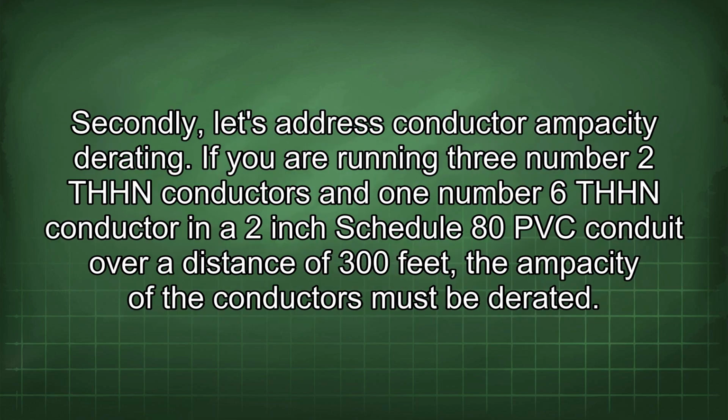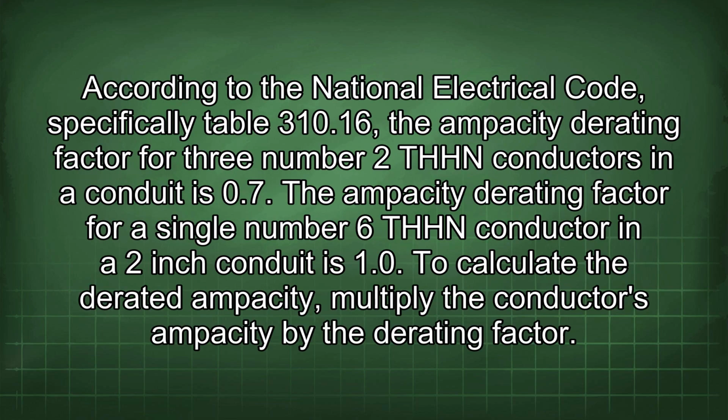Secondly, let's address conductor ampacity derating. If you are running 3 number 2 THHN conductors and 1 number 6 THHN conductor in a 2-inch schedule ATPVC conduit over a distance of 300 feet, the ampacity of the conductors must be derated. According to the National Electrical Code, specifically Table 310.16, the ampacity derating factor for 3 number 2 THHN conductors in a conduit is 0.7. The ampacity derating factor for a single number 6 THHN conductor in a 2-inch conduit is